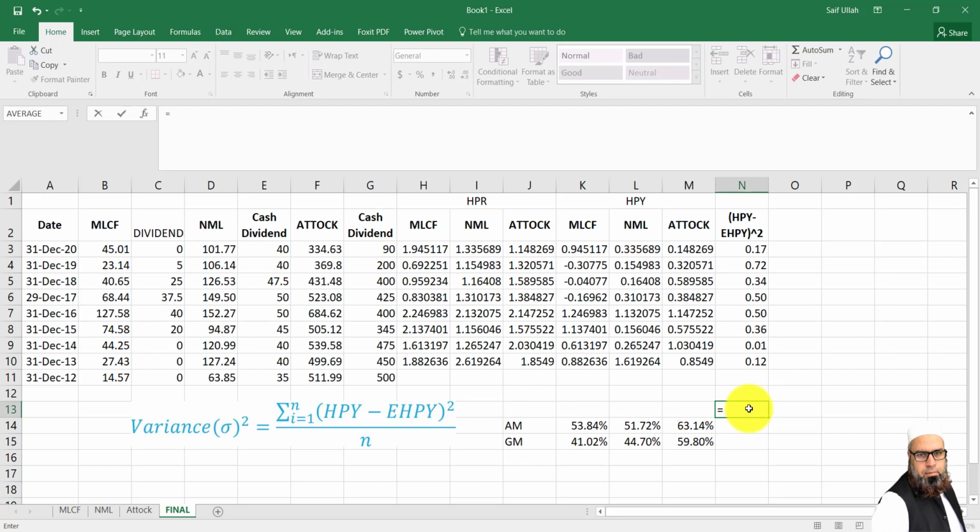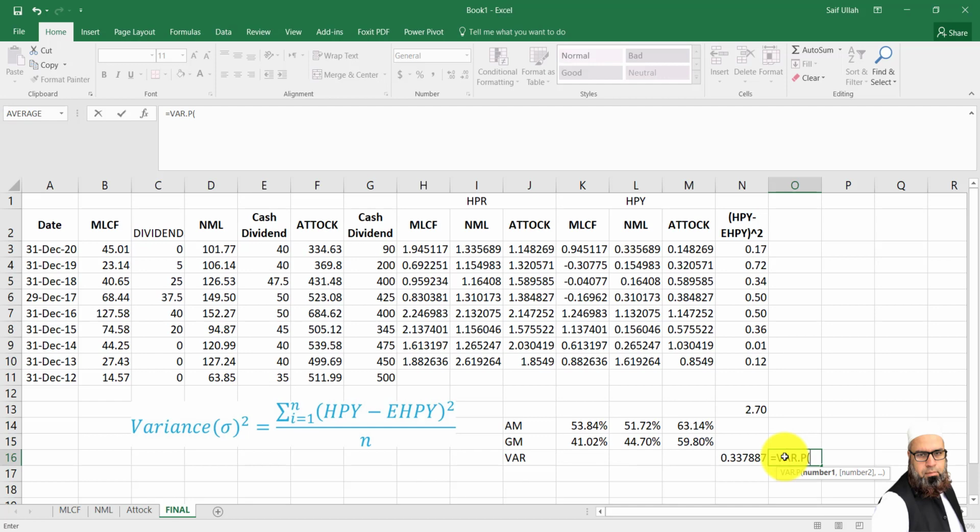For sum, I will write sum, then bracket start and select all values, and in the last step I will divide this sum by n, that is 8. So the variance is 0.337.